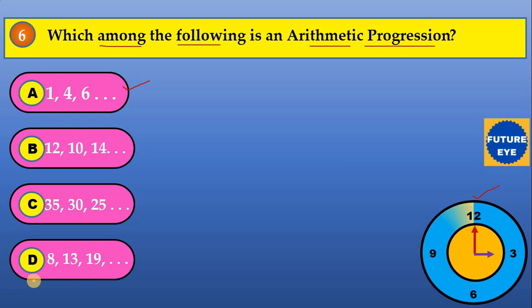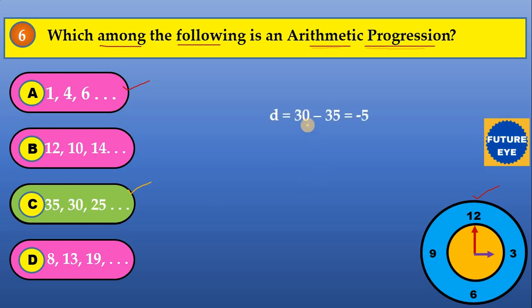Which is the arithmetic progression in the given options that you wanted to find. Children, your time is up. Here first let's see the correct answer, that is option C. So how to identify whether the given progressions are arithmetic progressions or not? For that, the D value should be the same. So for option C, first let us find the D value.